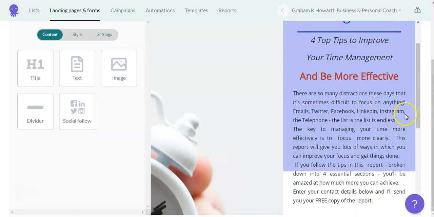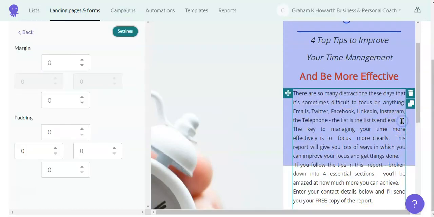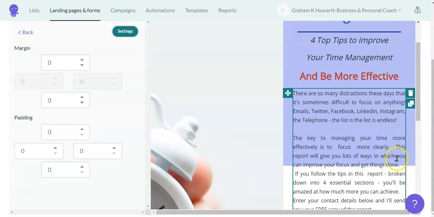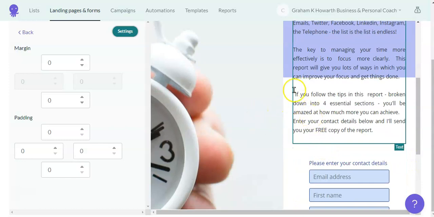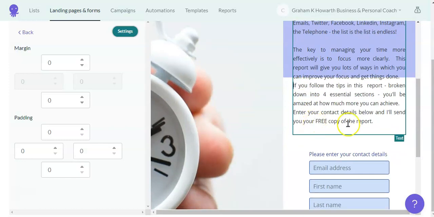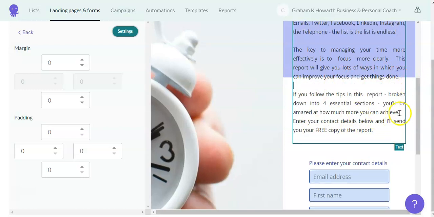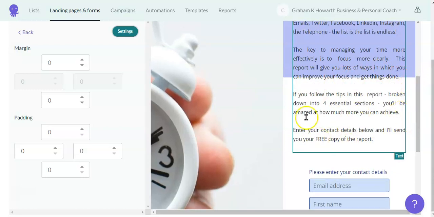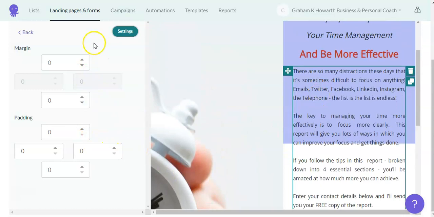And then if we look at the text, so maybe put a couple of carriage returns in at the end of sentences, just to take that space out, just to give us a little bit more emphasis there. We can look at the margins top and bottom if we wish to,